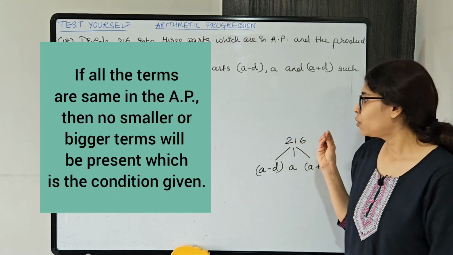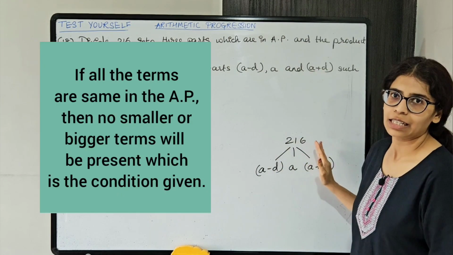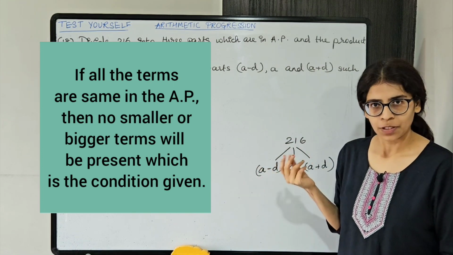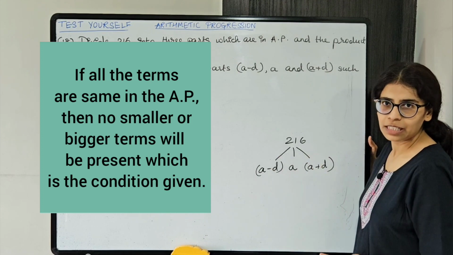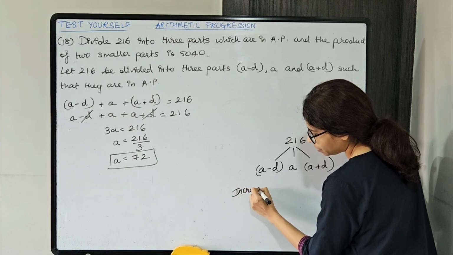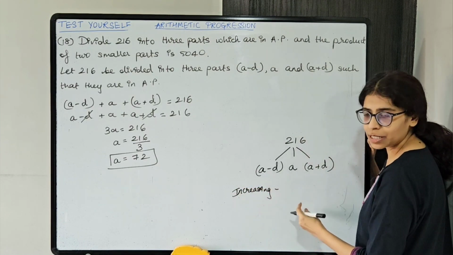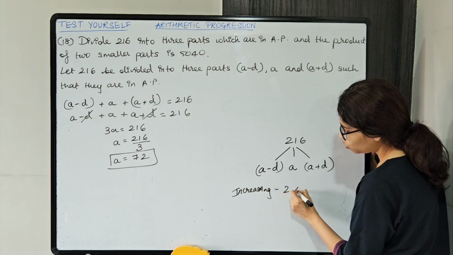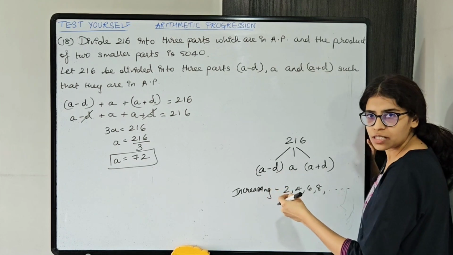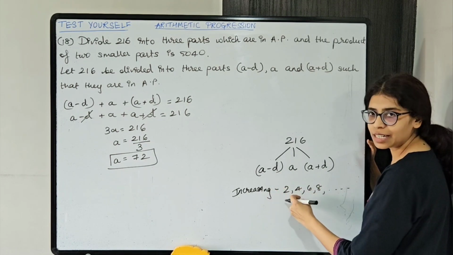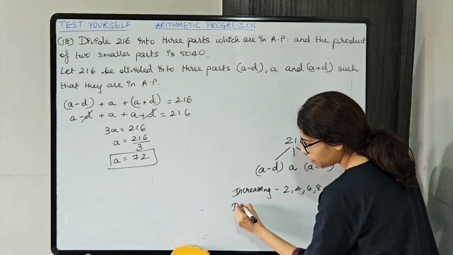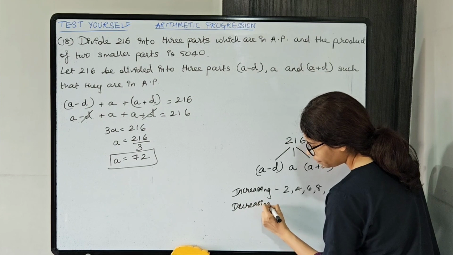Okay, so यहाँ पे हम लोग same वाला AP नहीं consider करेंगे because that is not the possibility here. We will consider increasing or decreasing AP. Okay, तो increasing या decreasing AP consider करेंगे. So increasing AP, I'll just give you an example. Increasing AP में numbers बढ़ते जाता है, like 2, 4, 6, 8. Every next term is greater than the previous term. है ना, 4 is greater than 2, 6 is greater than 4, 8 is greater than 6, right? This is increasing AP.